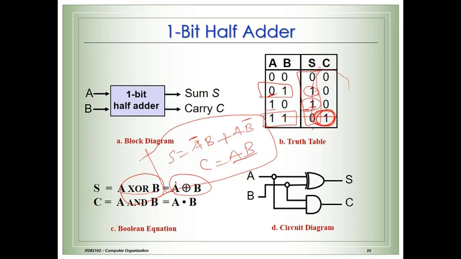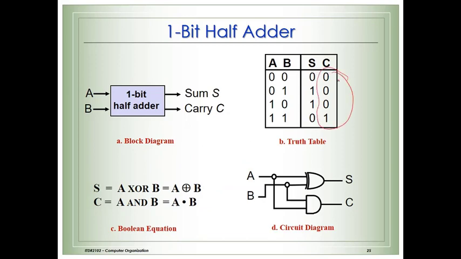And if you see this output, we get it for which gate? AND gate. Means when any of the values is 0, we get the result 0. When all the values are 1, we get the result 1. So here the carry is A and B, which is written as AB, right? So if these are two inputs A and B, to get the sum we need to pass these two inputs through an exclusive OR gate, and if you pass them through an AND gate, then we will get our carry, correct?